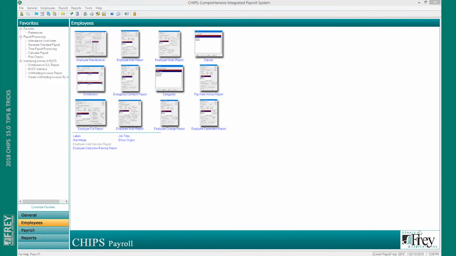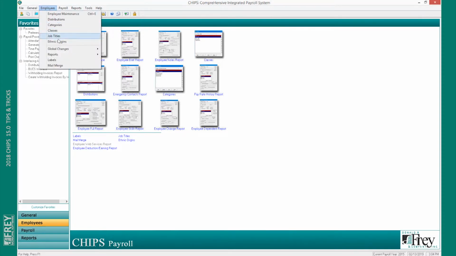For the next tip and trick, I was going to show you ethnic origins. If an employee has an ethnic origin already assigned, during the conversion process they will be brought over. If not, you can go to employees and go to ethnic origin, or go right here to ethnic origin on the screen right here under the employees